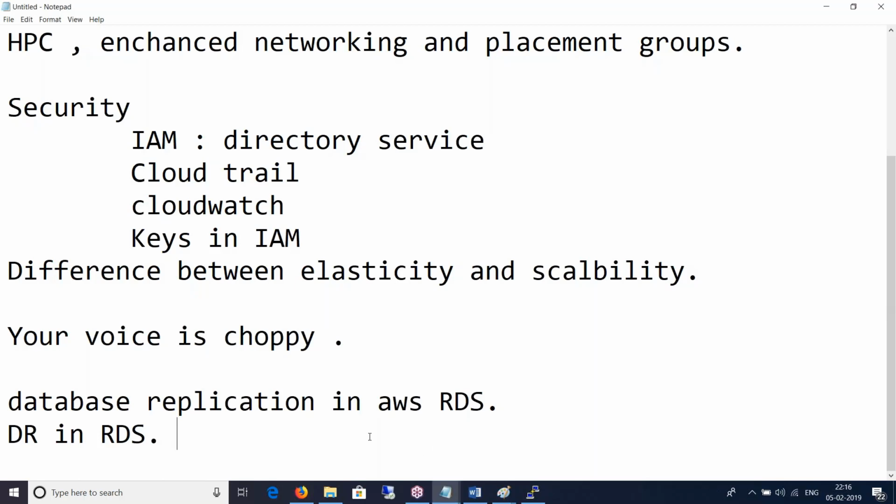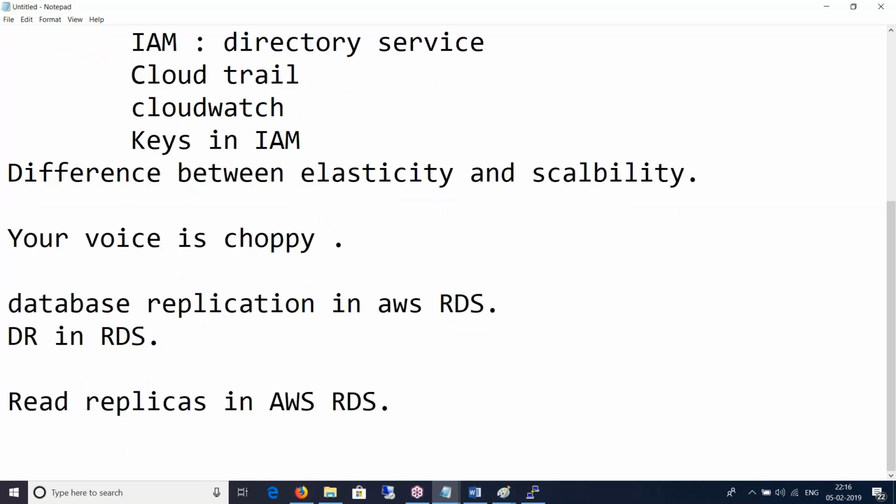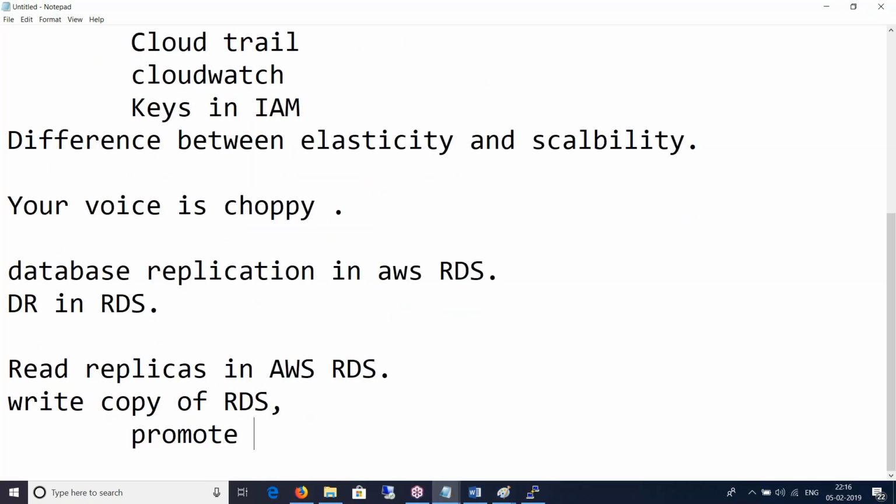Okay, if your question is related to database replication in AWS RDS, you do have the option to create read replicas in your AWS RDS. You can create read replicas, and if something goes wrong with your write copy of RDS, you can then promote your read copy to a write copy.